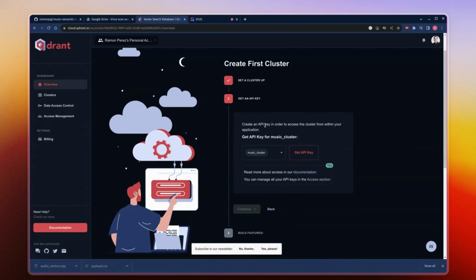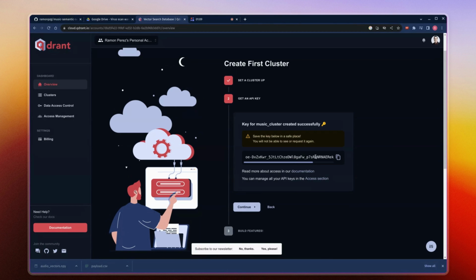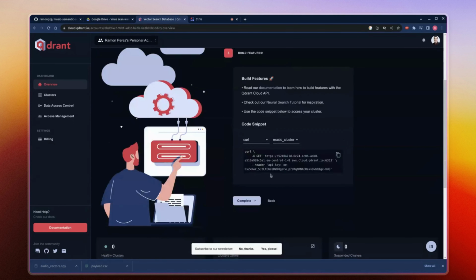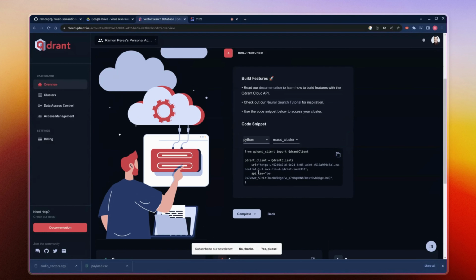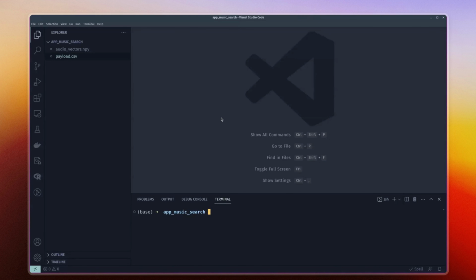Then we're going to create an API key in order to access the cluster. Yes, we're going to attach it to our music cluster. We're going to say yes, give it the API key. Then we're going to copy it, and then we're going to hit continue. And actually, Qdrant gives you the code that we're going to need in order to instantiate and complete our setup. So now that we have what we need, we are going to go back to our development environment